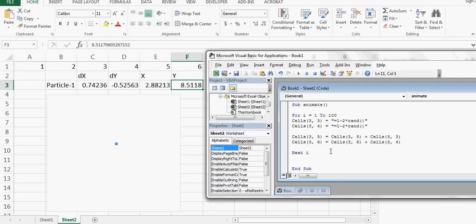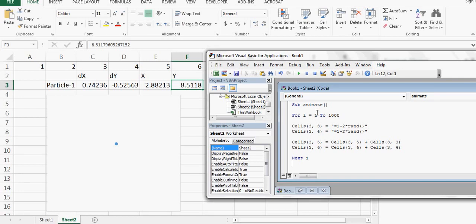So that's it. For means that I will go from 1 to 100, and each time I will be I plus 1. So next I means next iteration or next step. So it will keep doing it 100 times. That's all. I just need to put whatever I want to do 100 times in between these. I can also do it 1000 times. I can say 1000 here, right?